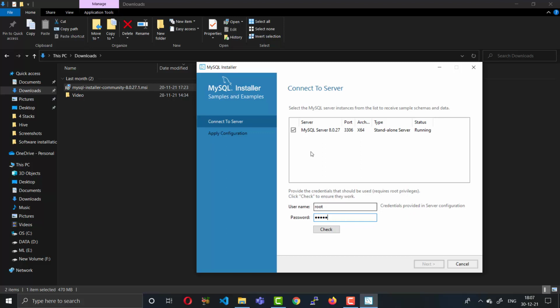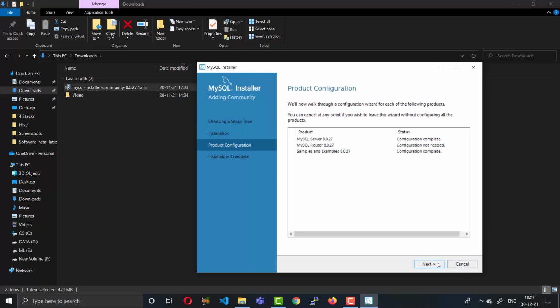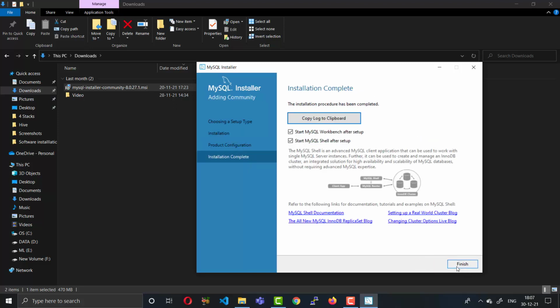It is asking you to test the connection to the MySQL Community Server. Check, connection succeeded. Click on Next, Execute. Okay, now click on the Finish button here, Next, Finish.